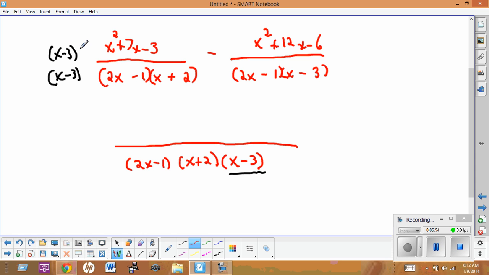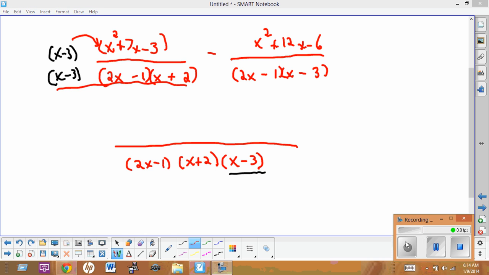So what I'd like you to do is notice that our denominator, by multiplying this now, is the same. That's our common denominator. I'd like you to go ahead and multiply that together. So pause the video and go ahead and do that now. Okay, so hopefully you got that all FOILed out. I did my work and my new numerator is going to be